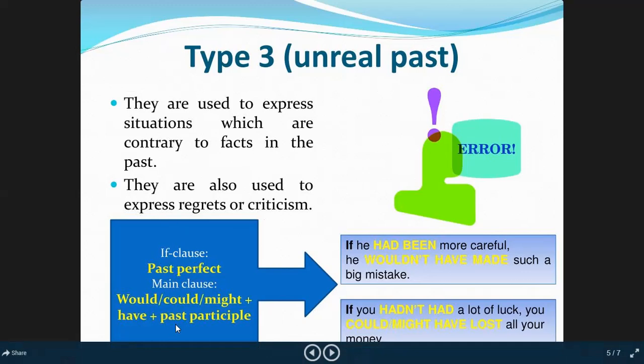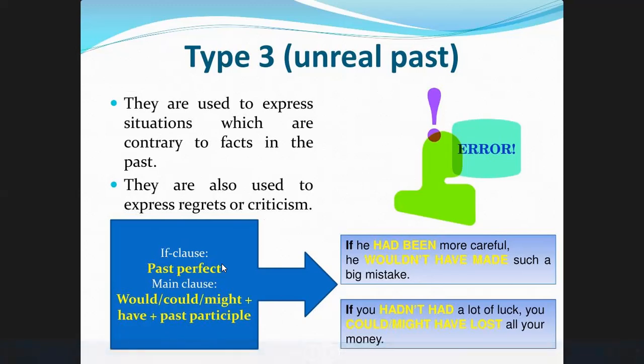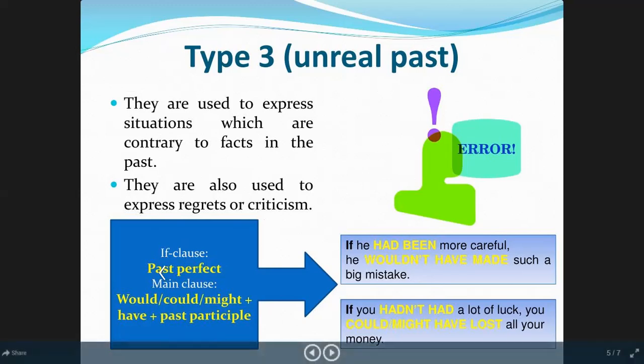Now look here, how is the construction? There are two clauses. One is the dependent and the other one is independent. In the dependent clause, which is going to start with if, we'll see that past perfect tense is used, had plus third form. And what comes in the main clause? Would or could or might plus have plus past participle. Okay. So you can see, if he had been more careful,